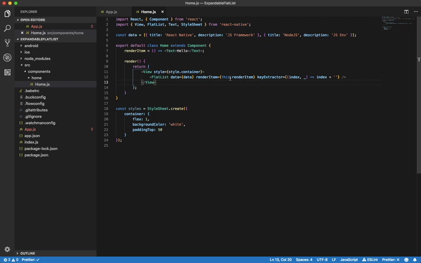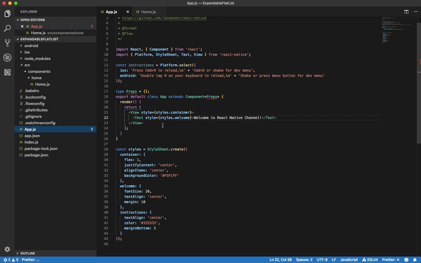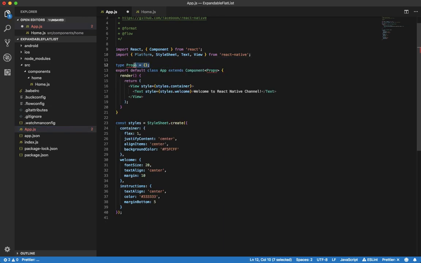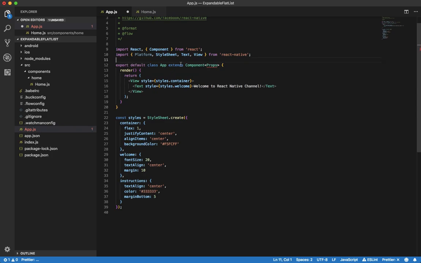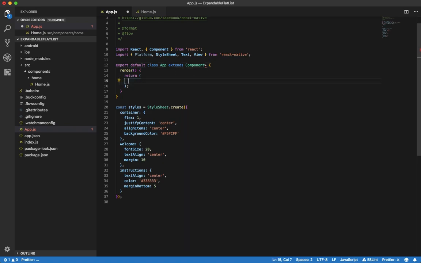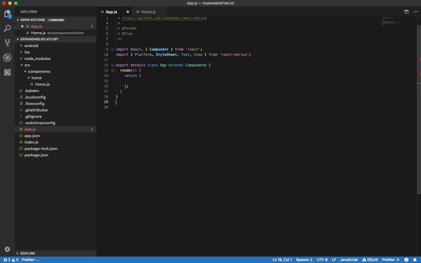So I think it will work now, and let's import this. Let's import the class in app.js. So let's delete all unnecessary things. Extends Component, we don't need this one. We don't need this style. Text, View, I think we don't need. And this one. Let's import Home from